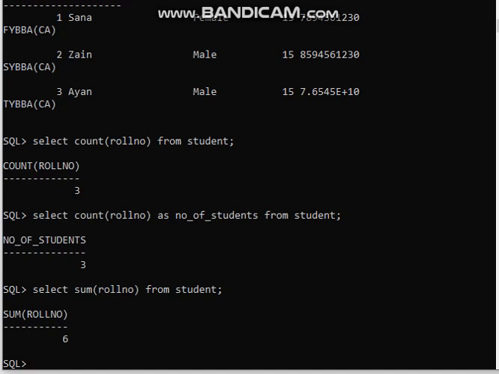How does it become 6? Because the roll numbers are 1, 2 and 3, so 1 plus 2 plus 3 becomes 6. It is actually doing the summation. It is more appropriately used whenever we want to find the number of purchases, or if we are making the monthly expenses. At that time we can use this sum function to find the